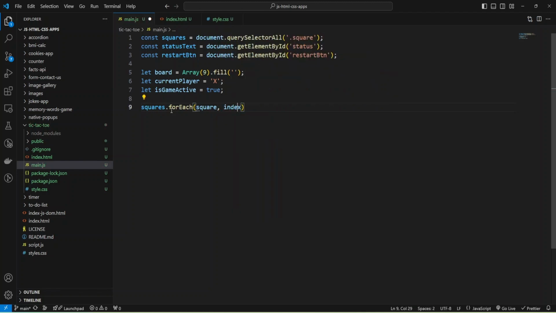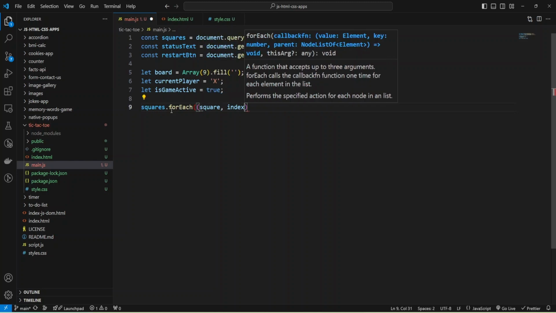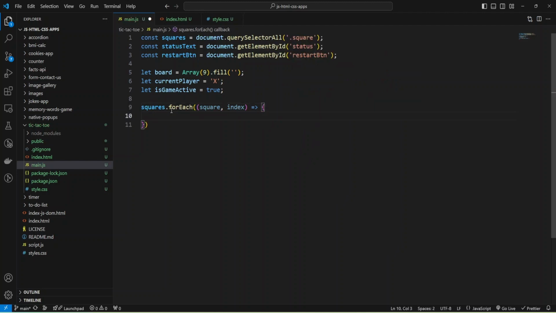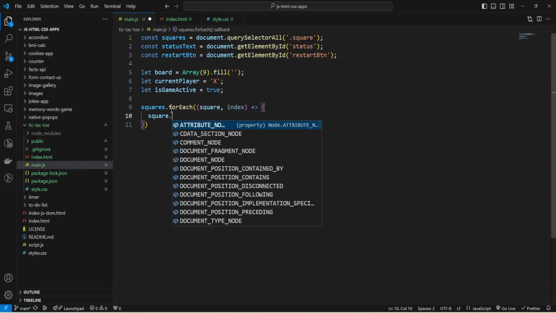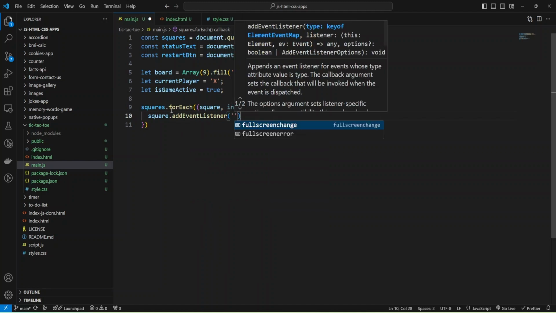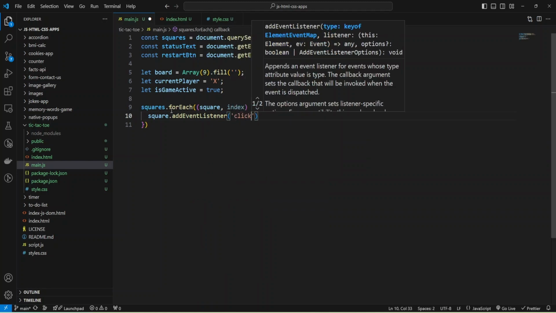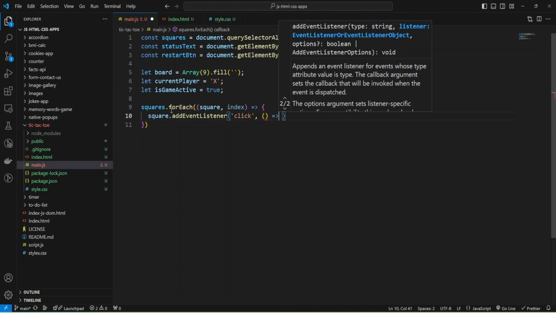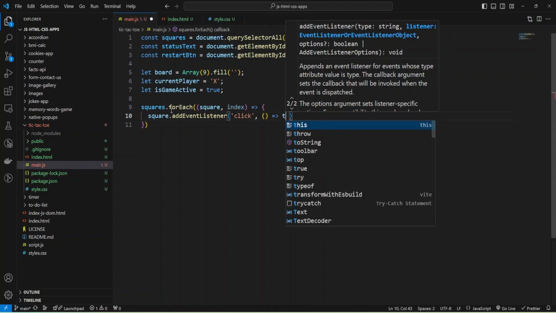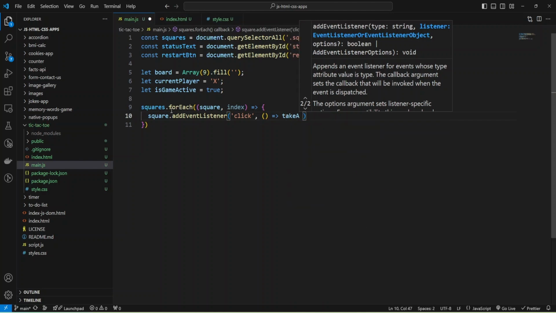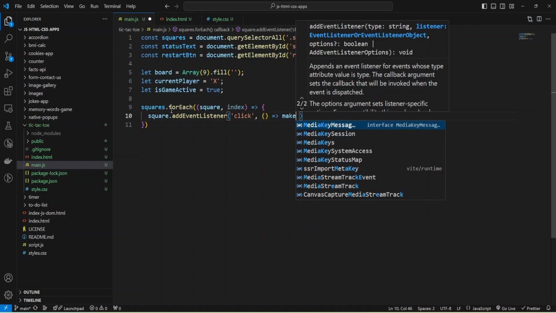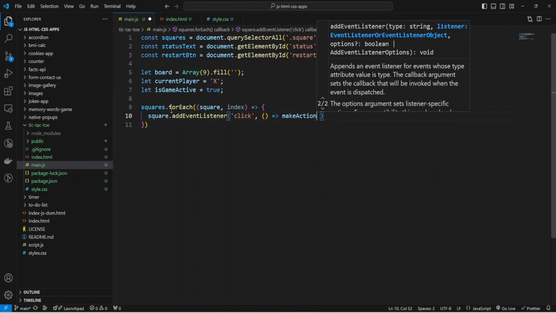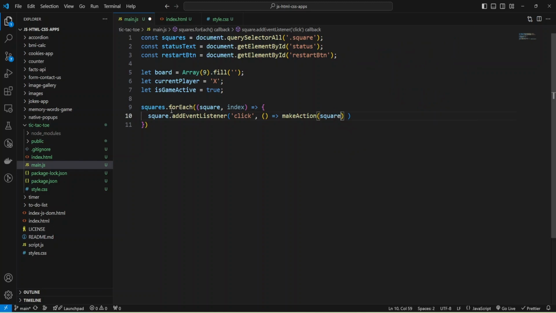I need parentheses here, and for each square we'll call the function, and for square I'm going to add event listener to listen click event, click, and by clicking I'm going to take some action, make action, and provide my square, and also I need index.